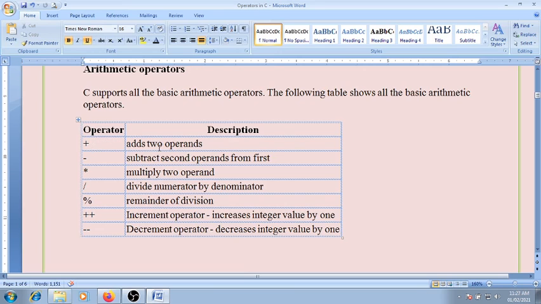Plus is used for addition of two numbers or to add two operands. Minus is used for subtraction. Star is used for multiplication. Slash is used for division. Percent is called the modulo operator, and it is used for the remainder of the division.